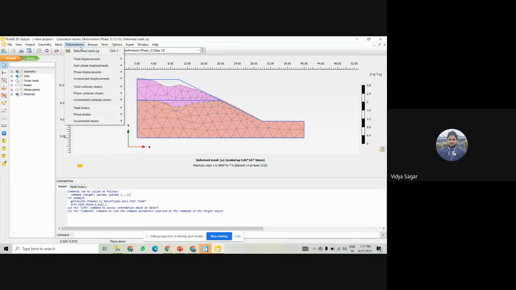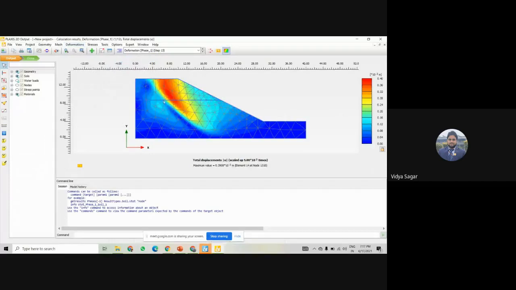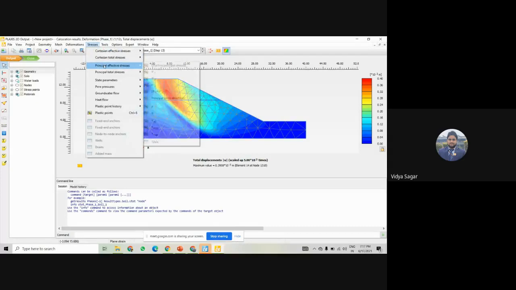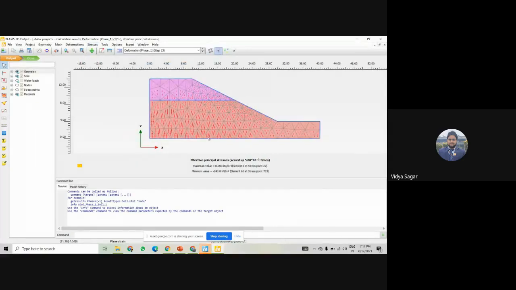And if I see the deformation from here, this type of deformation is showing, with the maximum deformation at this point here. And stresses also, you can see how the stresses are generated. The maximum stress is 0. Stress is not generated because it is the self weight. If we apply a load from the top, then it will be generated. So the deformed mesh is here.